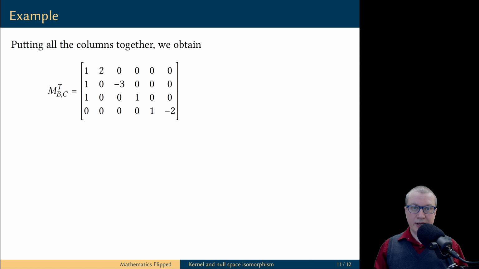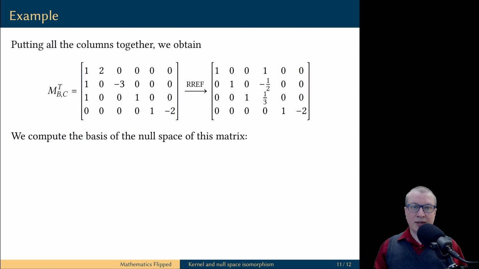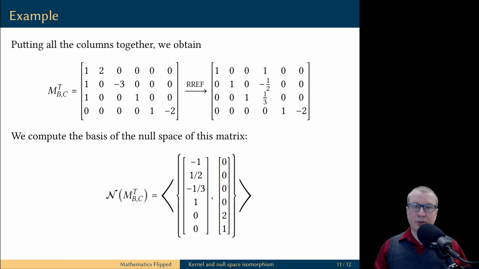Next, let's compute the null space of this matrix, and this is a task which we know how to complete. We find the reduced row echelon form of this matrix, and we notice that there are 2 non-pivot columns, column 4 and column 6. They correspond to the variables D and F. Then we apply our standard technique to find a basis for the null space of this matrix. There are 2 non-pivot columns in the reduced matrix, therefore there are 2 vectors in the basis of the null space. But now we are going to use this basis of the null space to construct the basis of the kernel of the linear transformation.